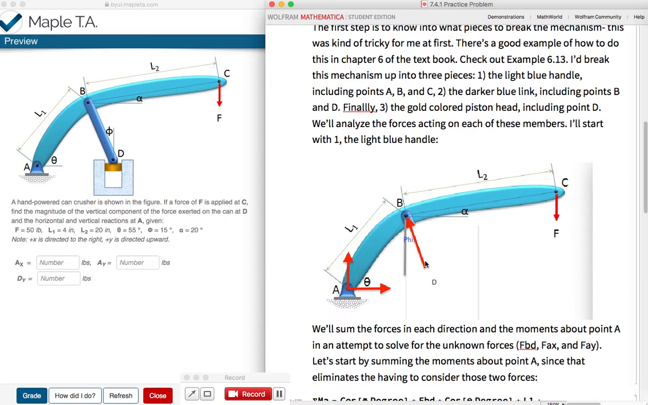Now, technically, you could draw that either way. It would just make it, again, a little bit more complicated as you go to solve it. So I drew it this way. And I got a little bit of guidance on how to draw my free body diagrams from a really great